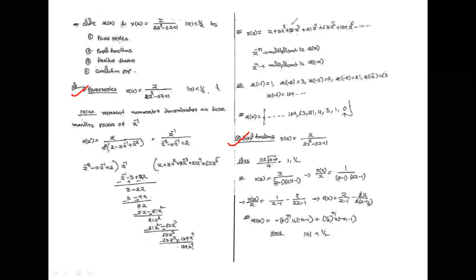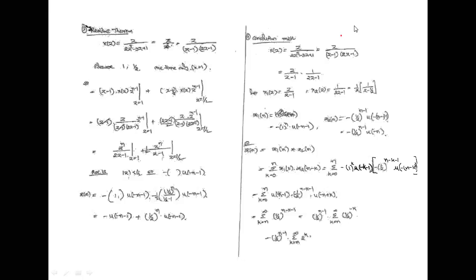Residue theorem and the convolution. Third method: by using the residue theorem. We know the residue theorem formula. If you have any factors, here zi is equal to 1 and 1 by 2, and each repeats only one time. The formula is 1 by k minus 1 factorial